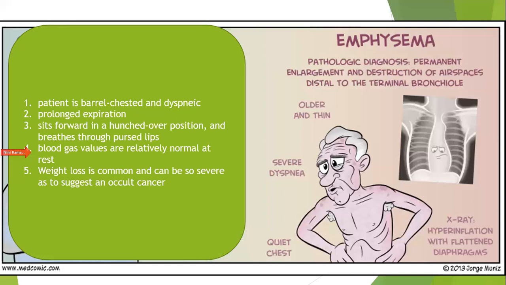So whatever happens, the patient manages to maintain oxygenation. And the patient has weight loss. Why is the weight loss? Due to increased effort. The patient puts in more effort to respire. Because of the increased work of respiration, as well as, if you remember the diagram, there was more TNF and more interleukin 1 being produced in emphysema. So all of these cause cachexia, especially in cancer. So all of these cause weight loss, and the weight loss will be so severe that sometimes the doctor will think that the patient has some occult cancer somewhere.